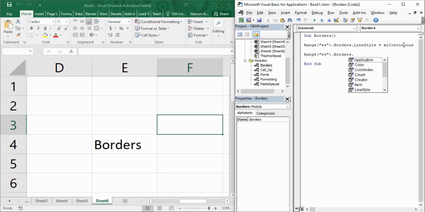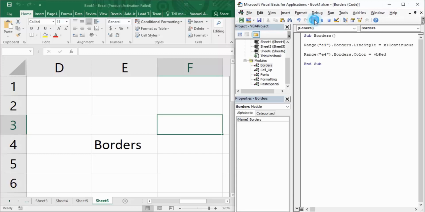Now instead of line style, we are concerning ourselves with another property known as color. Using color, we know that we can use the default values provided to us by Visual Basic, that is VB red, VB green, VB blue, VB magenta, VB cyan, etc. So let us go with VB red.